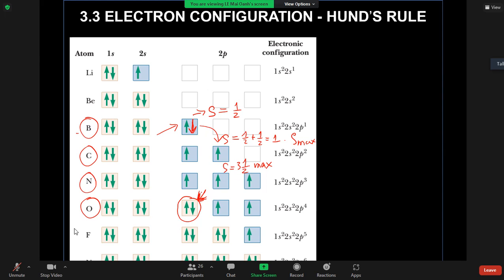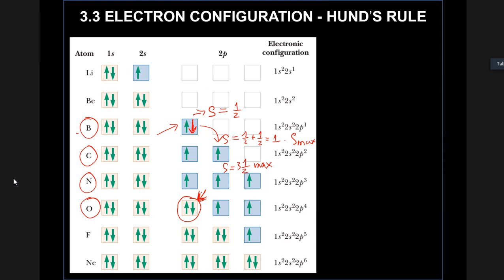And in this case, you have two singly occupied orbitals and one doubly occupied orbital here. Yes. And you can also see here that in 2p, the second point in Hund's rule